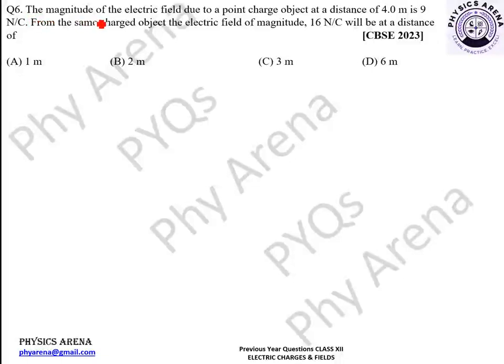Question 6. The magnitude of the electric field due to a point charge at a distance of 4 meter is 9 Newton per Coulomb. So we are having a point charge Q, and from a distance R1, the electric field is 9 Newton per Coulomb. So let me call this point as P. And the value of electric field at P is E1. Now we need to find a distance at which the electric field is increased to 16 Newton per Coulomb from